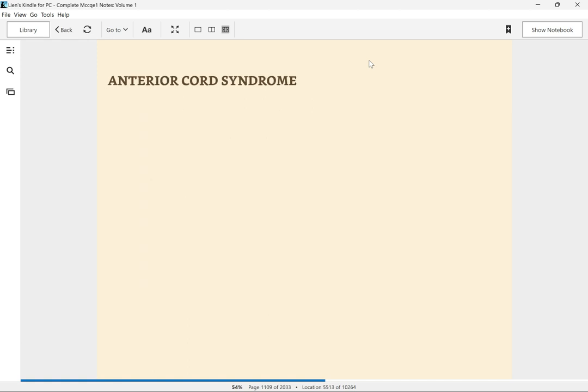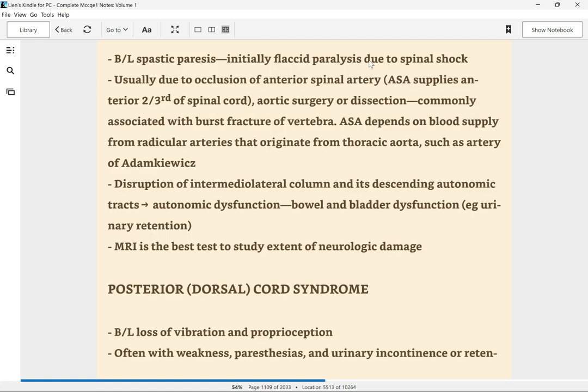Anterior cord syndrome. Bilateral spastic paresis, initially flaccid paralysis due to spinal shock, usually due to occlusion of the anterior spinal artery. The ASA supplies the anterior two-thirds of the spinal cord. Aortic surgery or dissection is commonly associated, as is burst fracture of a vertebra. The ASA depends on blood supply from radicular arteries that originate from the thoracic aorta, such as the artery of Adamkiewicz. Disruption of the intermediolateral column and its descending autonomic tracts